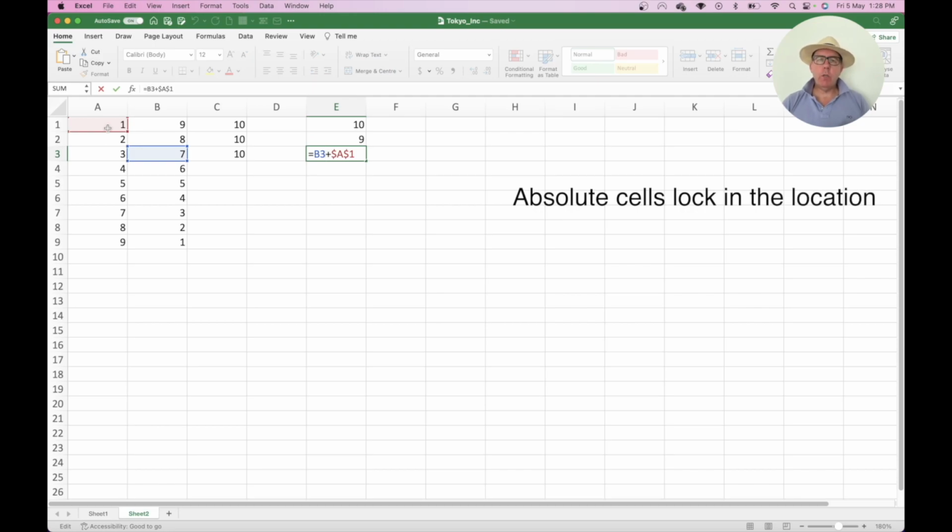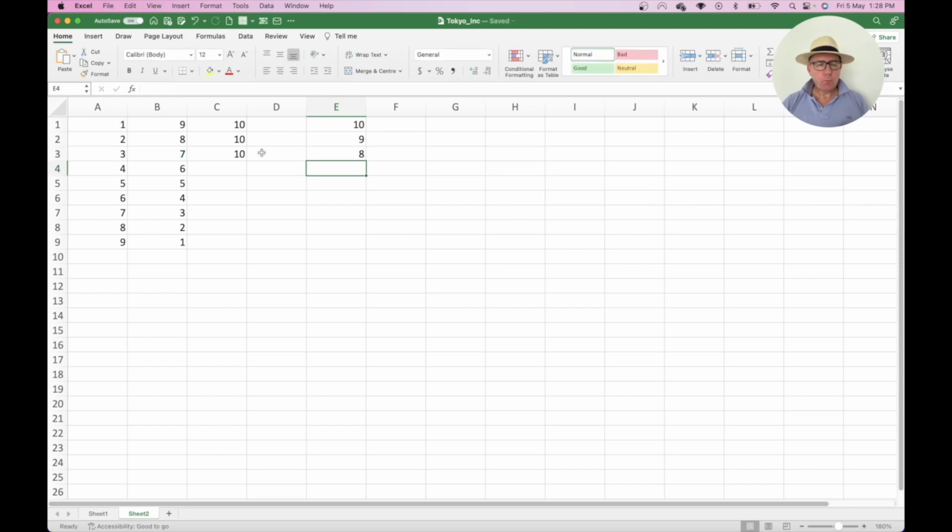And it's important that you understand the difference between relative and absolute cells. And we'll see this more as we do the analysis in Tokyo Inc. Very, very critical. One other thing I just wanted to show you, and if we just get rid of all of this one more time, as we talked before, if we wanted to have our numbers here, 9, 8, 7, 6, 5, 4, 3, 2, 1, and we wanted to add them together,